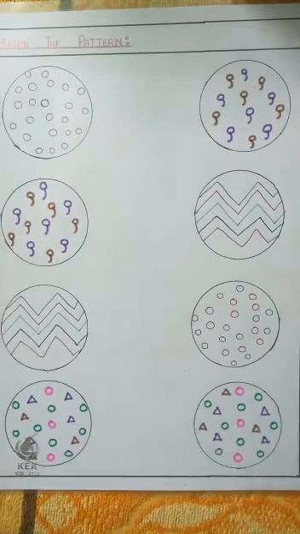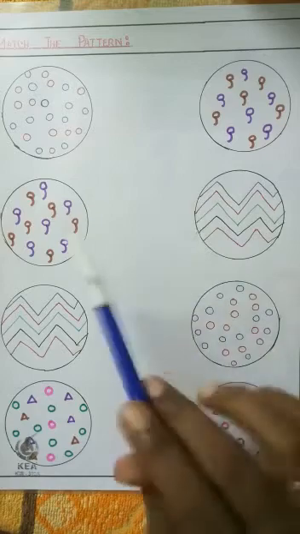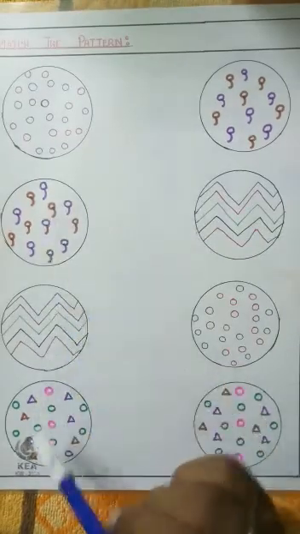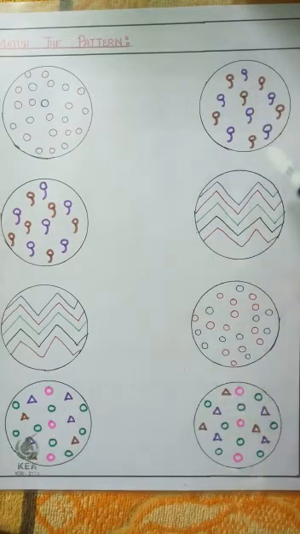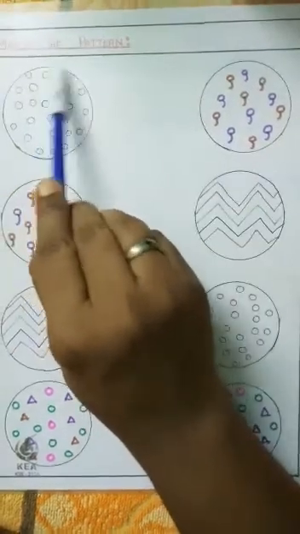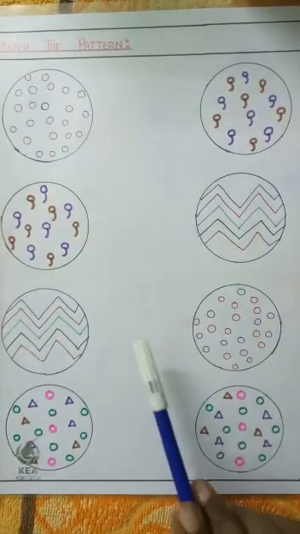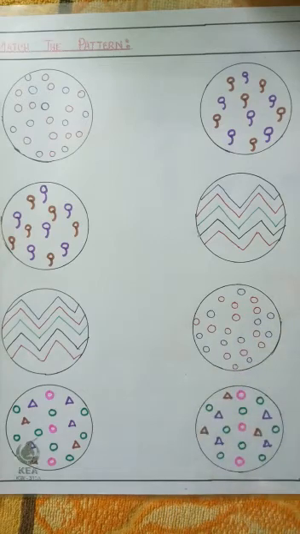Next, come to the second worksheet of today's video. Here you can see I have drawn a number of circles having different patterns. There are 4 circles in the left hand side having a particular type of pattern, while the right hand side contains the same number of circles, that is 4 circles with the same patterns but in a haphazard position. Here the question is asked to match the pattern. Here the child needs to follow the pattern first. He needs to study the pattern and then he will be able to match the pattern.